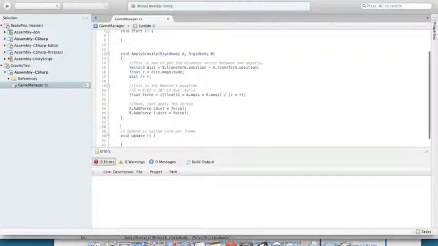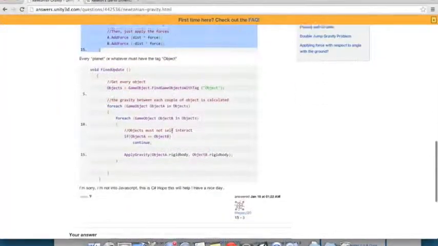So that's being applied to two rigid bodies, right? Which is cool, and it's a fairly straightforward calculation. Then what we're going to do is go into his other bit of code, which is a